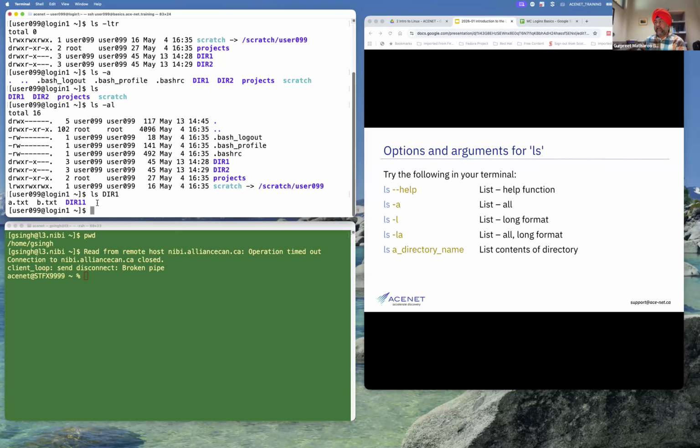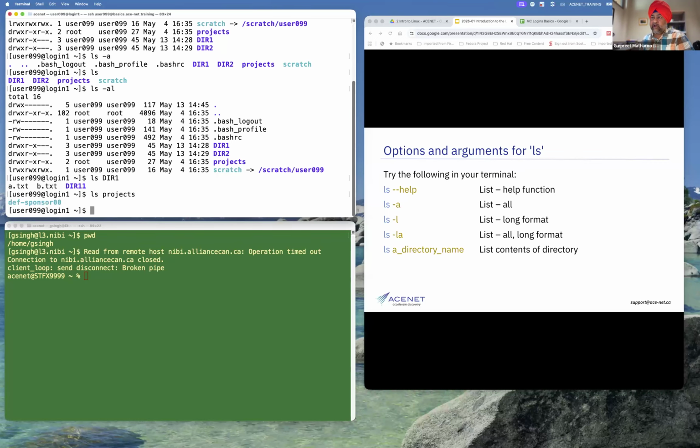This is the setup that I actually created before the workshop. So probably you don't need to do that, or it might not be there. It will not be there in your locations, but this is just for illustration for now. You can also use, let's say, ls projects. If you do that, it will list down the contents of that particular directory called projects. And one other thing to note down over here is this cyan. This basically is a link.